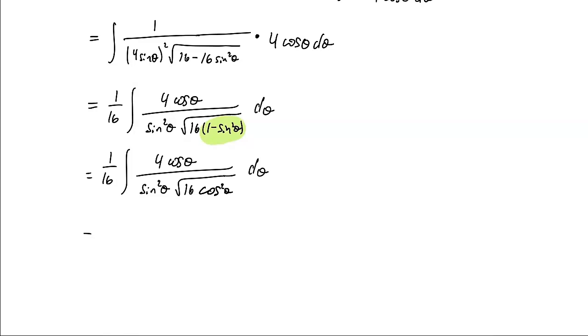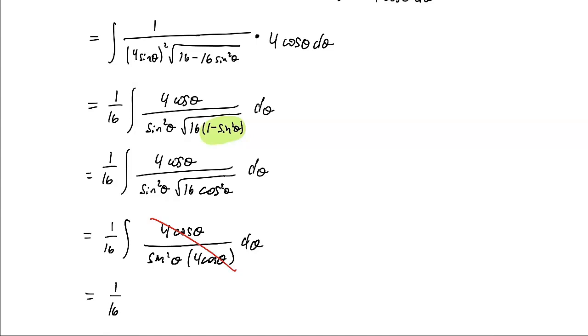And the reason that is nice, I'm going to leave the 1/16 on the outside still, is that I have 4 cosine theta over sine squared theta. And then the square root of 16 cosine squared is 4 cosine d theta. And then check that out. I have some terms that divide out, my 4 cosine. So I am left with 1/16 integral of 1 over sine squared, which 1 over sine squared is cosecant squared, d theta,